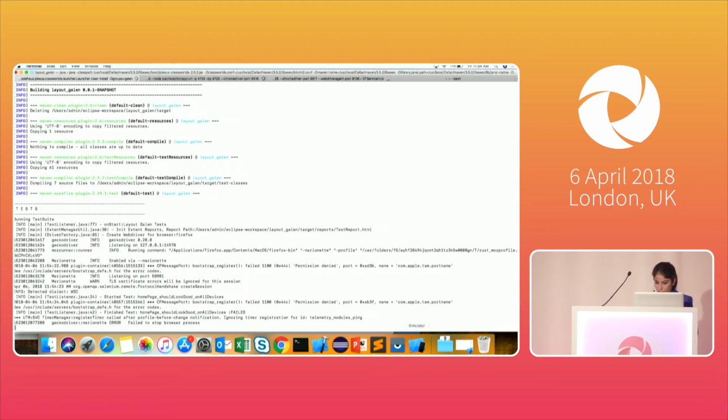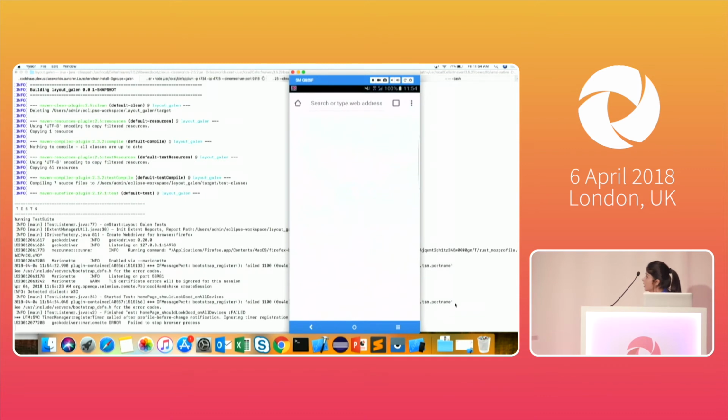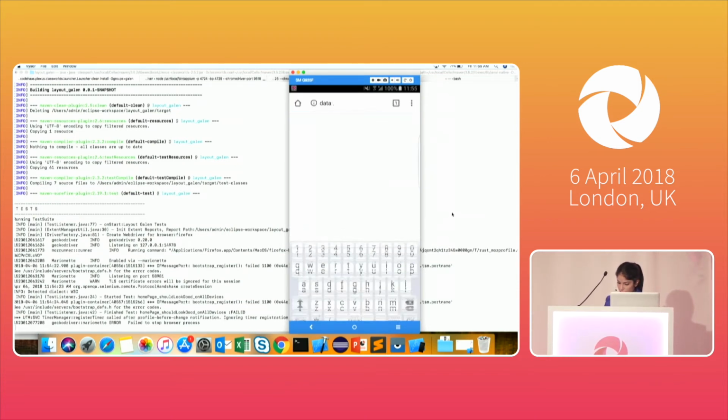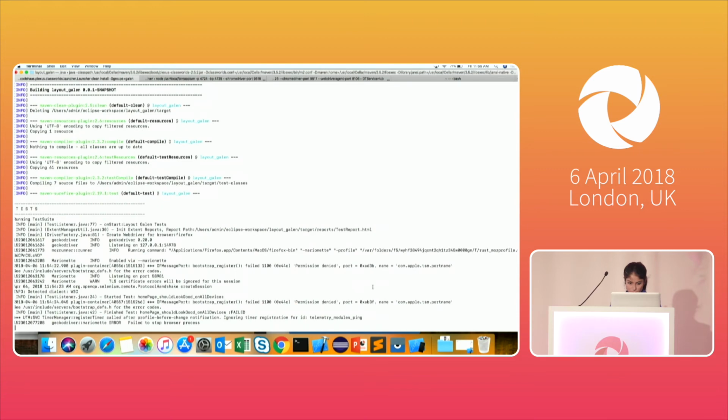Now it has opened. Now I have mirrored my Android device, so it will open the site on the Android device and validate the menu and search bar. Let me see what happened. I think the Wi-Fi on my device is disconnected.